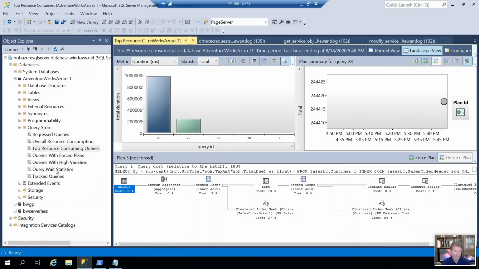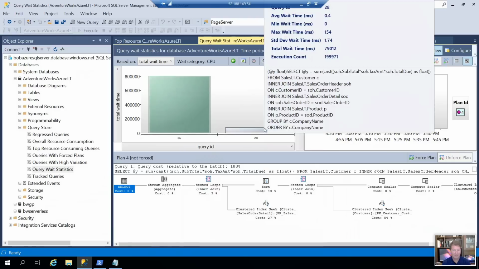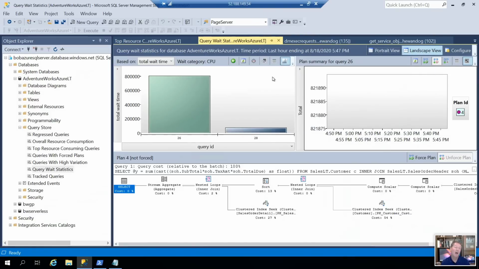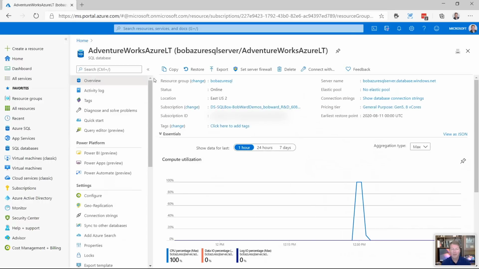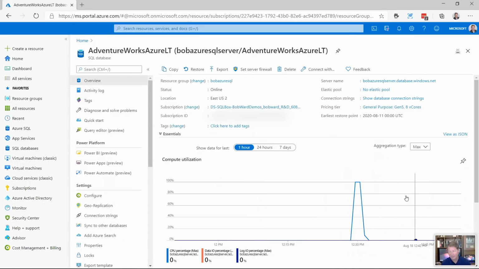Then if I go look at wait statistics, I still have some waits on CPU, but significantly fewer waits in this scenario. In fact, you can see the average wait time is a lot less than the overall duration, compared to before, when it took up most of the duration of the query. So this is a great example of how I can use T-SQL to manually scale this workload. And if I flip over to the Azure portal, I'm not sure it's shown up yet, but one thing that will show up here is a difference in CPU utilization down here on compute.